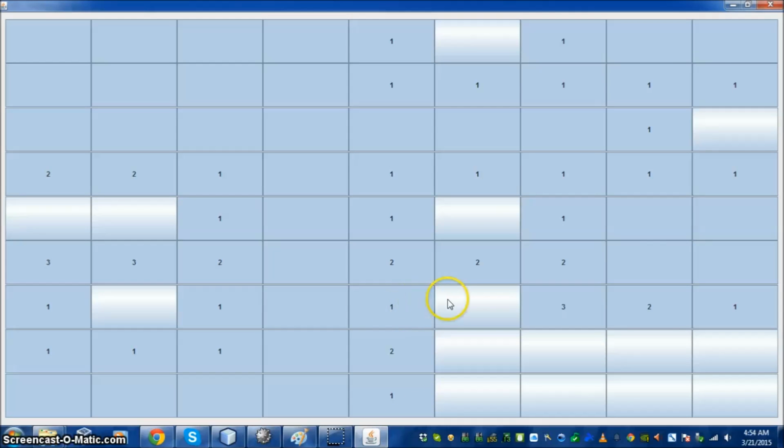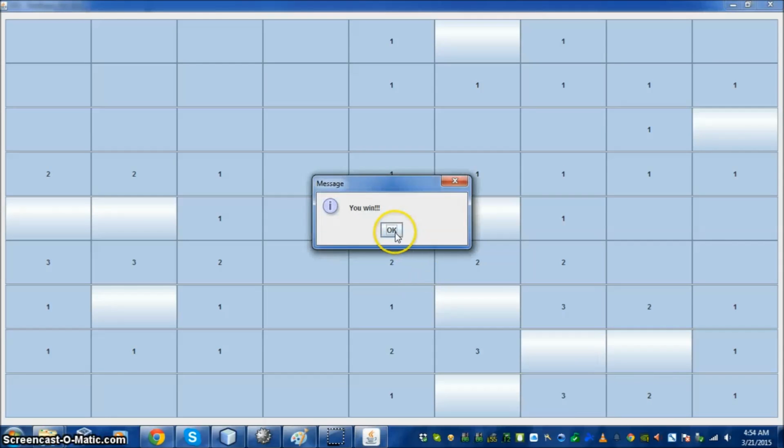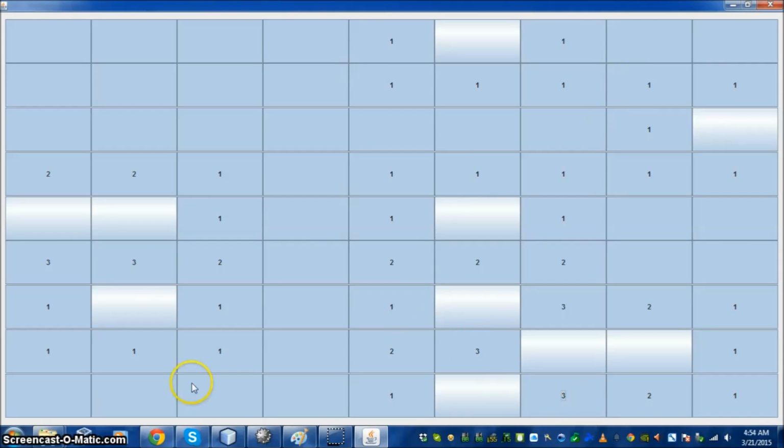Let's see, there's a bomb around here. Now there's a bomb there, so there's a bomb here, bomb here, bomb here. So 2 bombs there, save here. And I win. Yep. That's it. That's a game. Of course, if you want to do the flag, you can just